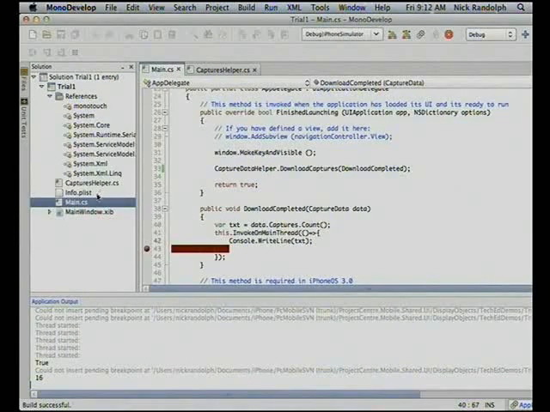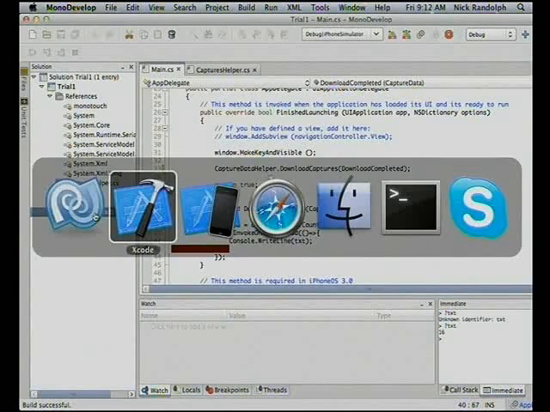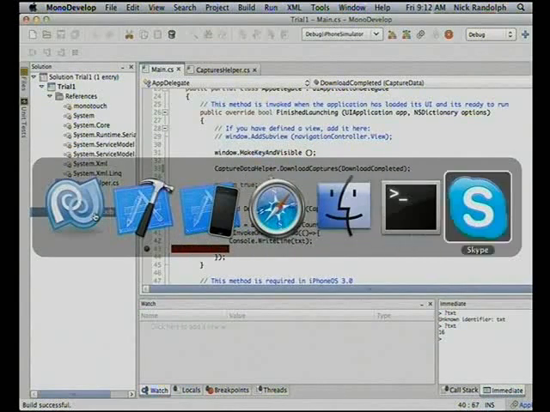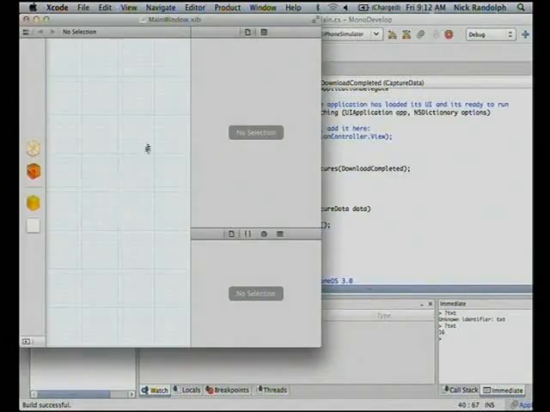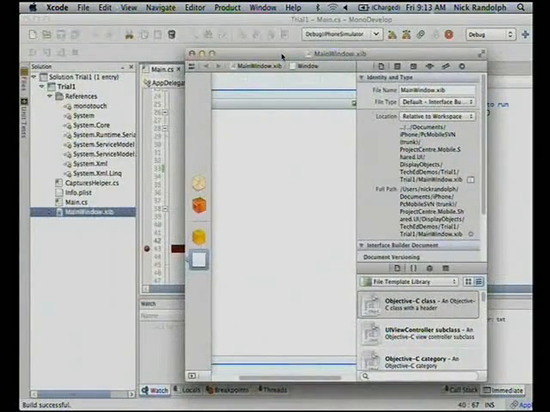Now the other thing I wanted to show you here is just the integration that they've done with the existing tools for iPhone development. So if I double click on this, it should flip across and actually load up Interface Builder for iPhone development. So this is their design tool. It's a little bit more clunky than the one for Expression Blend, but that level of integration means that you can start to do your UI layout using the tools that are designed to do UI layout for iPhone